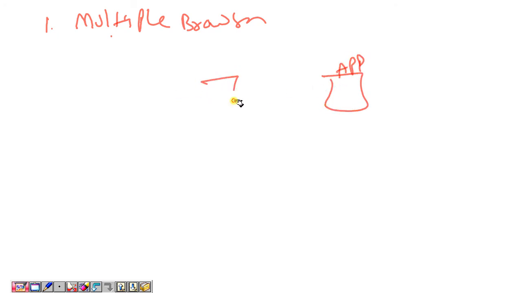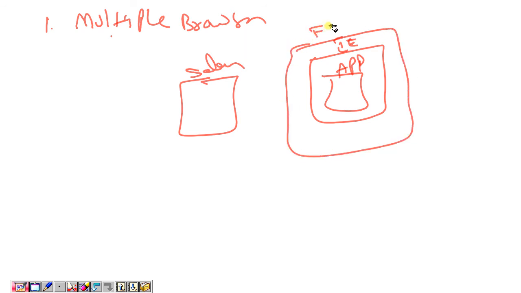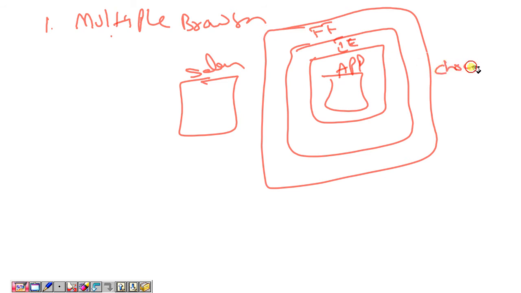If you want to test it using Selenium, you can open it in the IE browser and test it, open it in Firefox and test, or open it in Chrome and test. So we say Selenium supports multiple browsers.